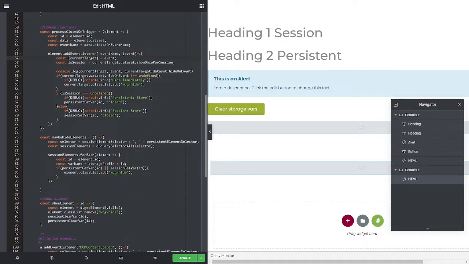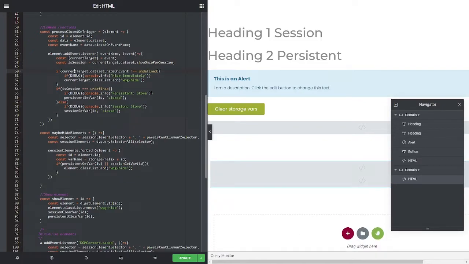So which one actually triggered the event? Now, is it a session or a persistent one? So we look for the show once per session. That's our constant there. Going to get rid of this console log. I thought I left that there. Okay. Now, if the data set